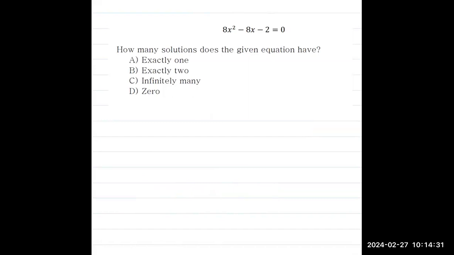On this question, we have a quadratic situation because we know that this is some variation of ax squared plus bx plus c, which is what a quadratic looks like. And a quadratic, if you were to graph it, would be a parabola. And when you're being asked for the number of solutions of a quadratic, that's a reference to the idea of